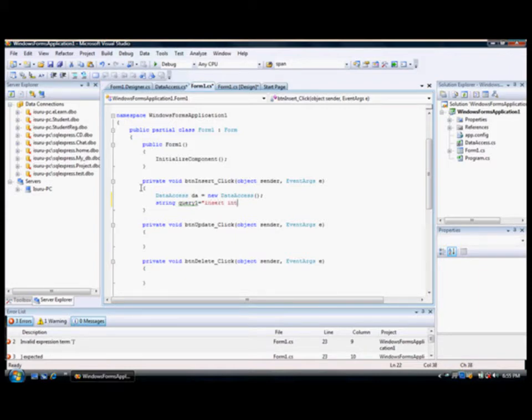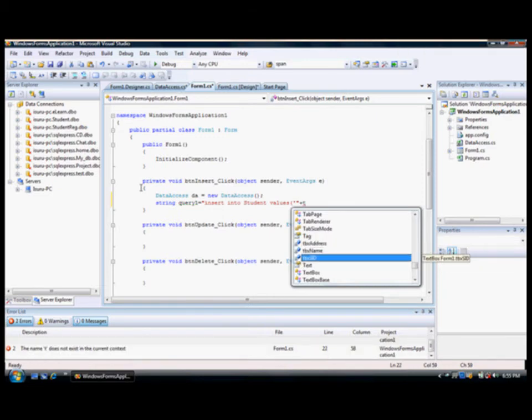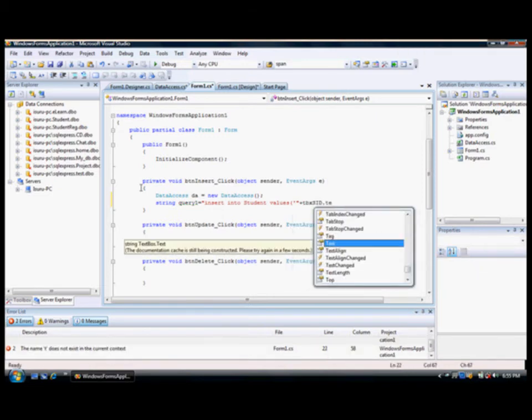Insert into student values. We are going to insert SID